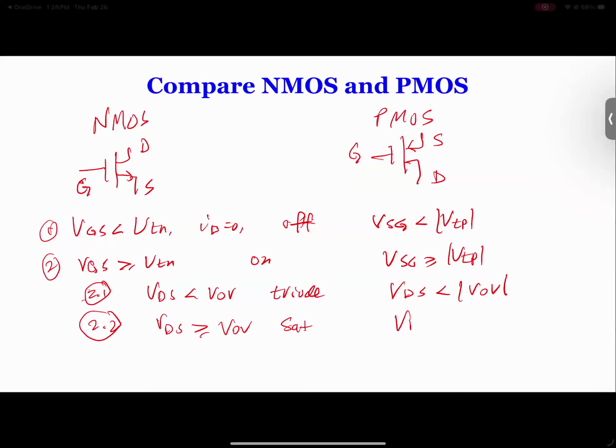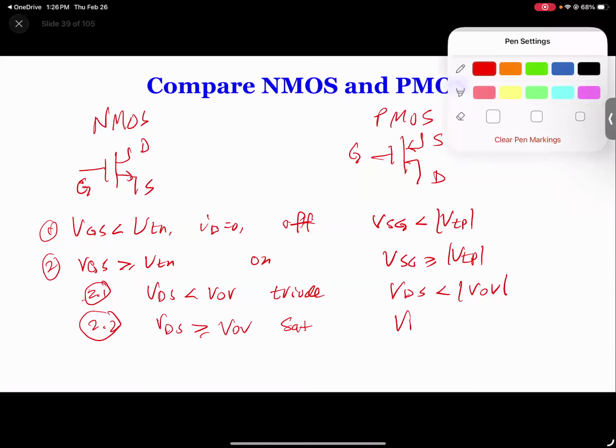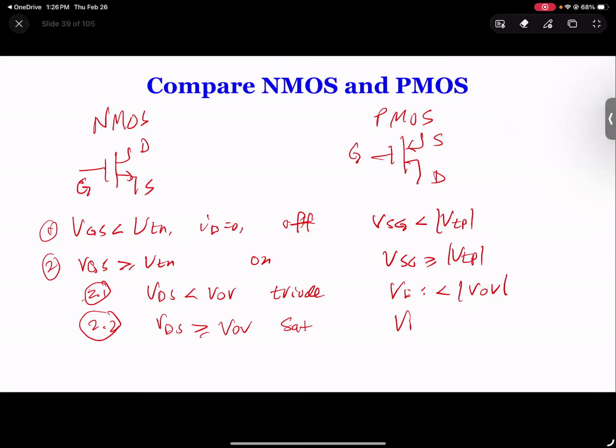So again, writing, I'm making a mistake. You guys hopefully don't make the same mistake. So this is VSD. VSD is larger than VOV. So that's two conditions. And the equations for the triode region and for the saturation region, for example, this ID is going to be,